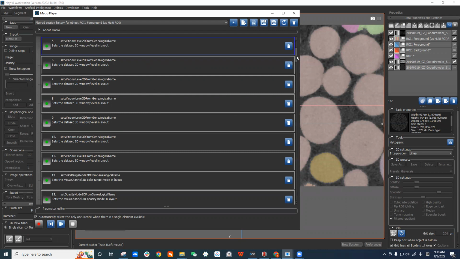Probably they are not very helpful for us. They're not useful when we repeat the workflow, because when we repeat a workflow, we don't need to see everything. We just want the result. So we can see what is useful here. There are many entries here about the visualization. You set the window level, set the color range, set the opacity,